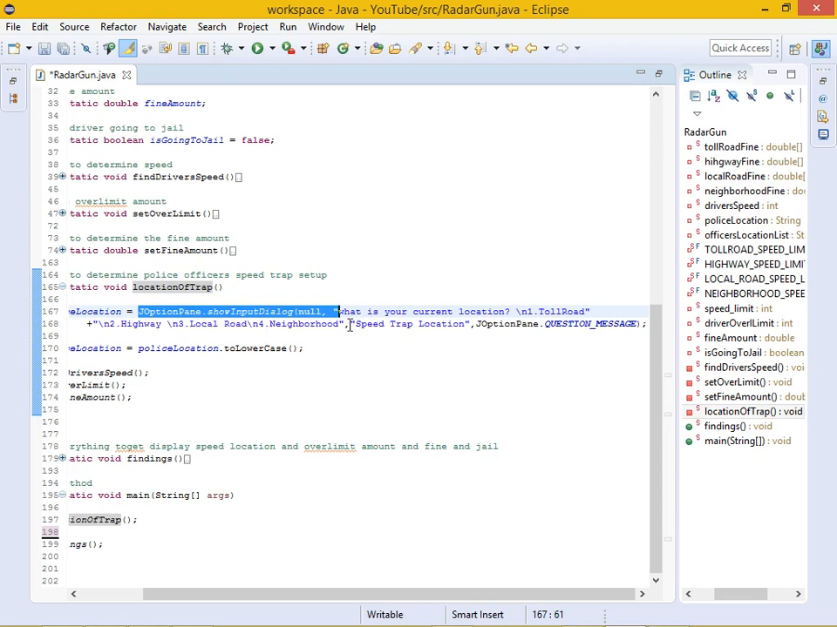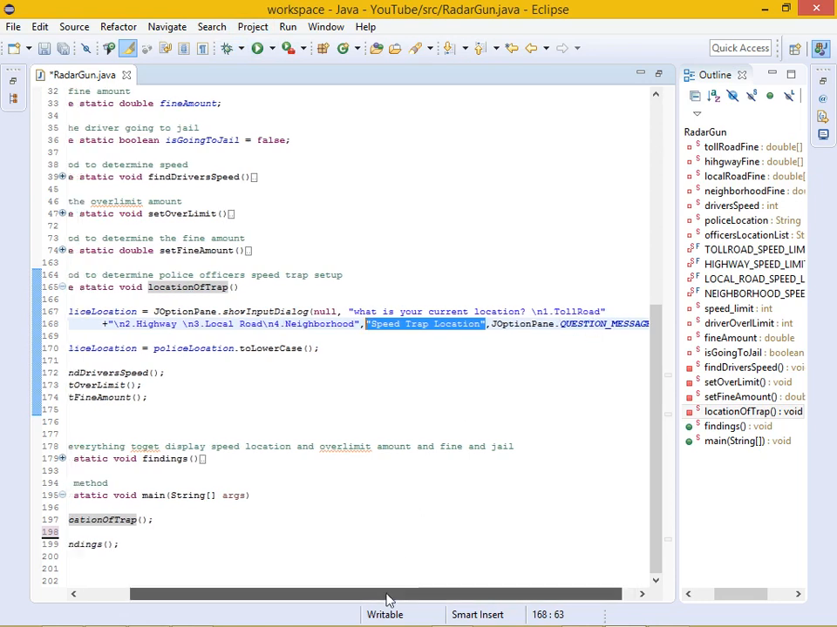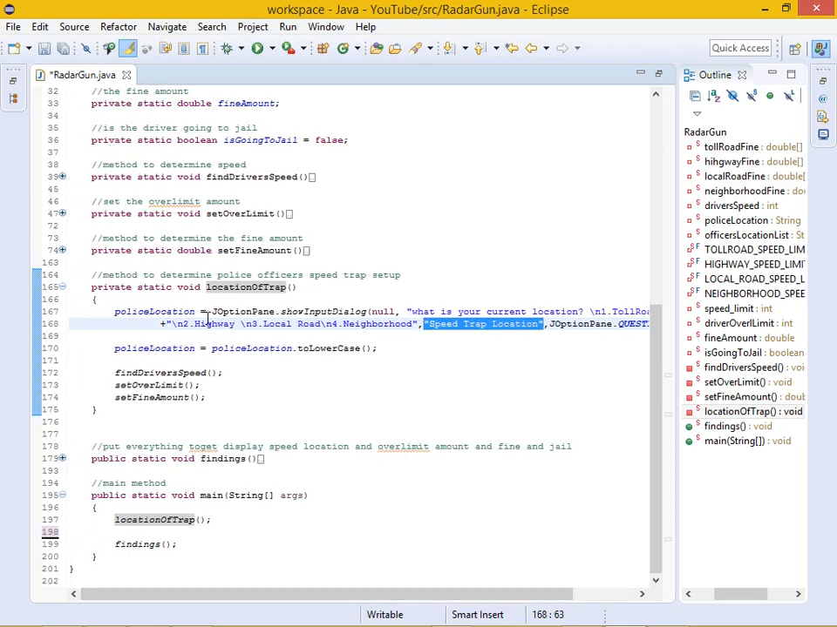Okay, and then after that, I have my little comma. That's the end of that statement. Now the next section of this code is the title of this pop-up that's going to display. So you're going to see when this pop-up displays, it's going to say speed trap location, and then it's a question. And basically, what's going to happen is whatever the user inputs is going to be saved in the police